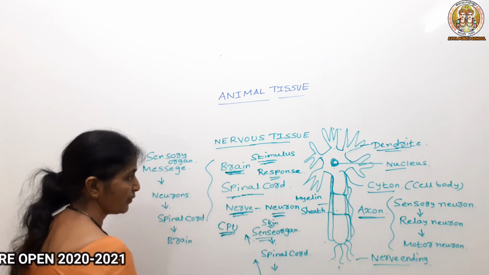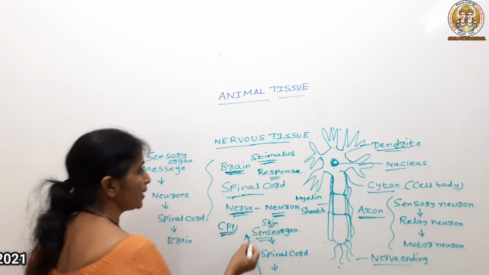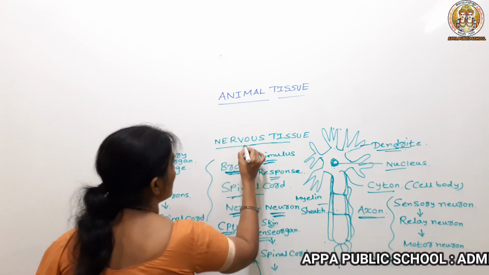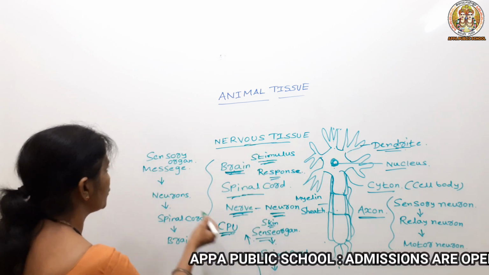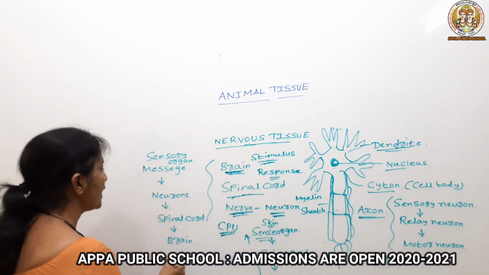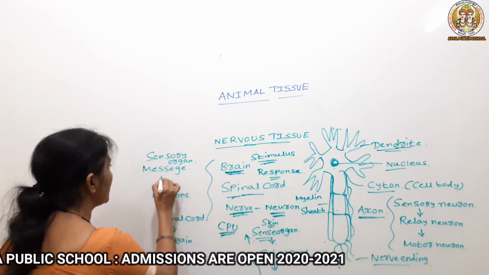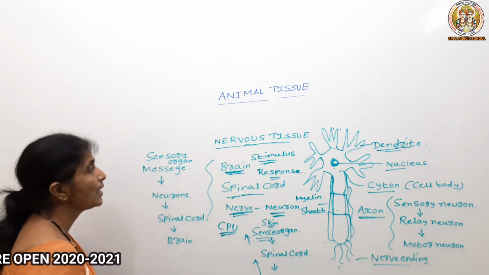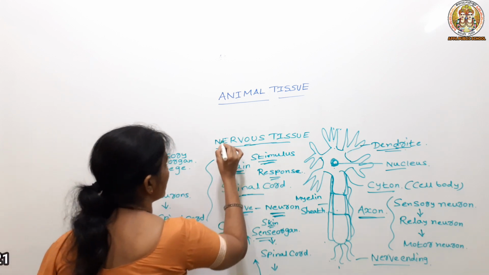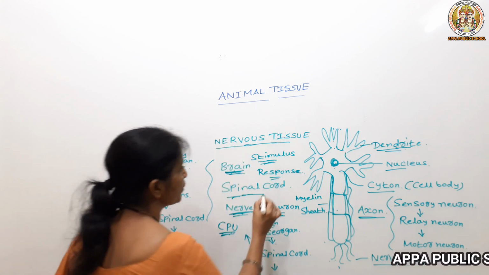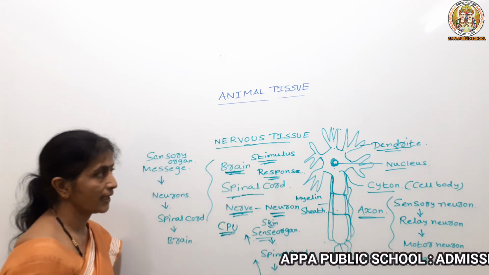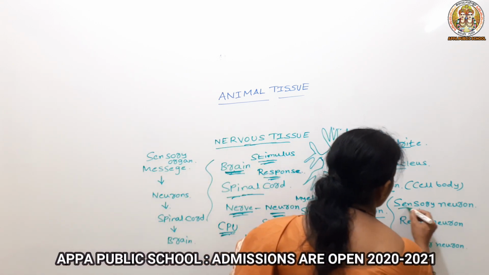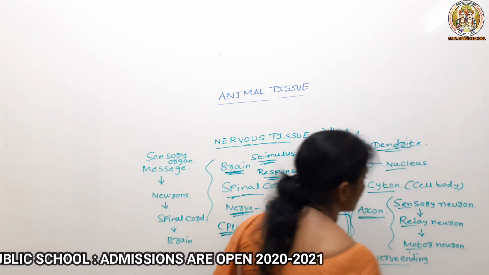So the nerve, another name we can call that as neuron. The neuron is the structural and functional unit of the nervous tissue, and the main function of this nervous tissue is it will be taking the message and it will bring back the counter message immediately within a fraction of a second. In this way, we can tell that as a response to the stimulus within a fraction of a second. So, depending upon their function, they are divided into sensory neuron, relay neuron and motor neuron.